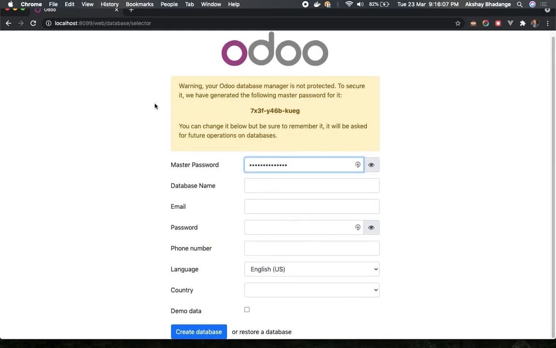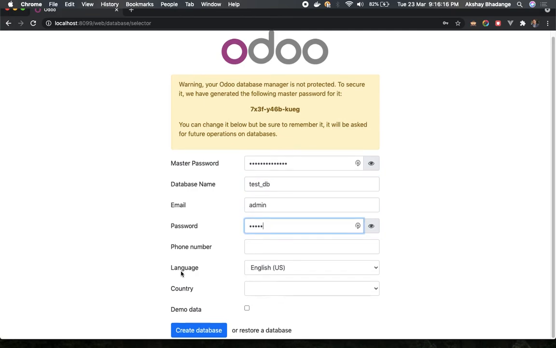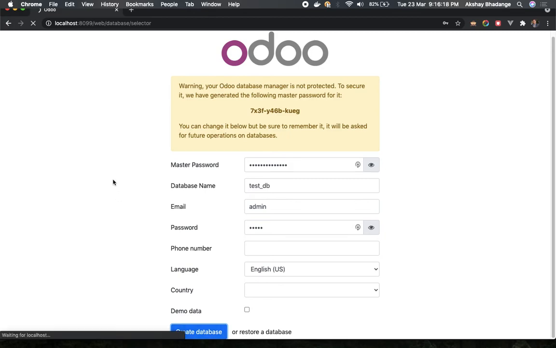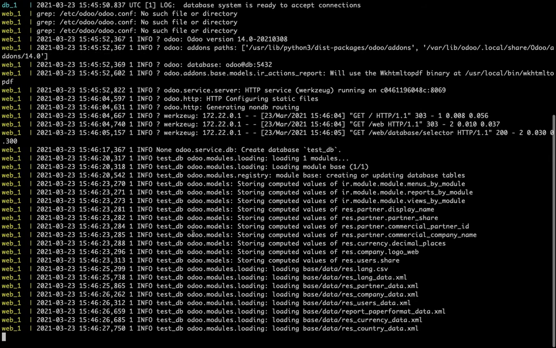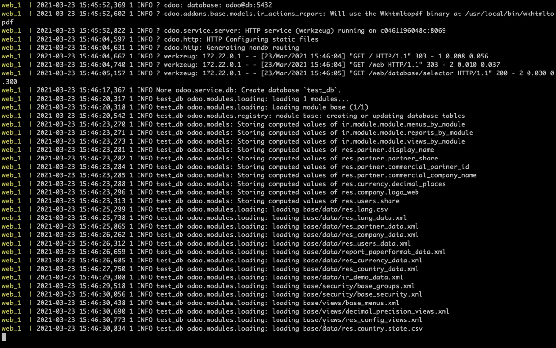Right, here you can see our application is deployed using Docker. Let me create one database: admin, and then create database. We'll wait a few seconds to initialize the database. Meanwhile, you can see the logs of our Odoo application. Here you can see the base module is now loading.